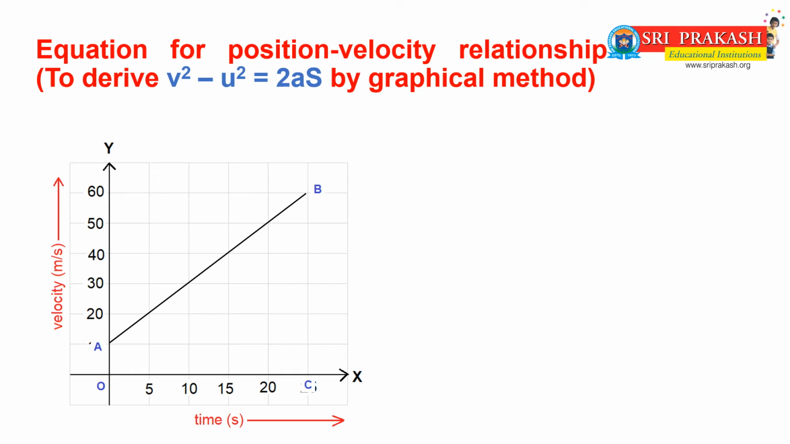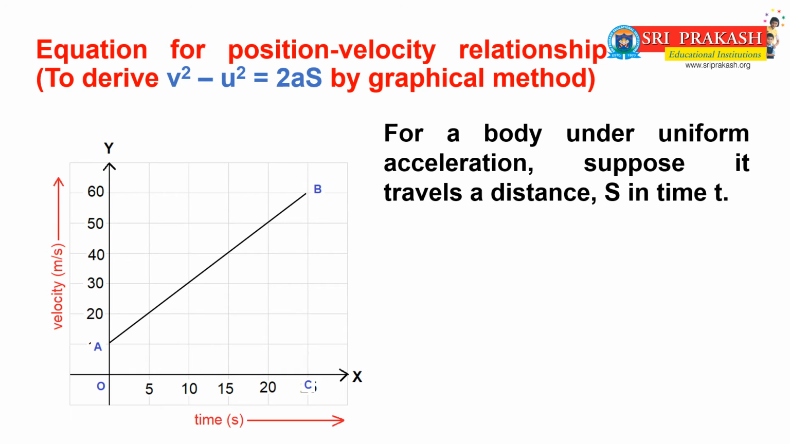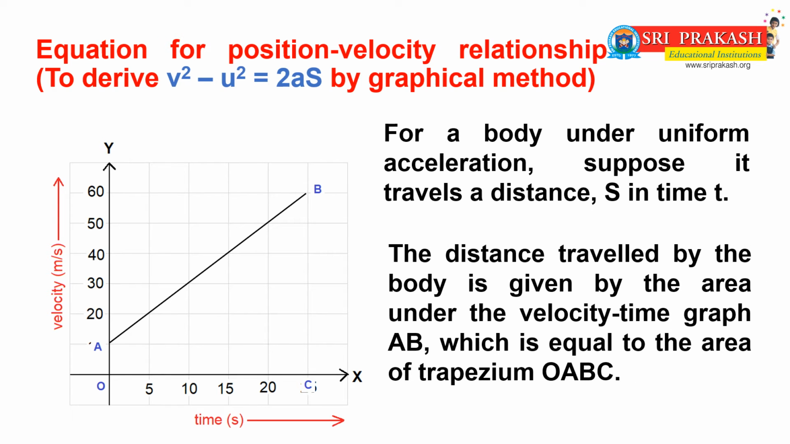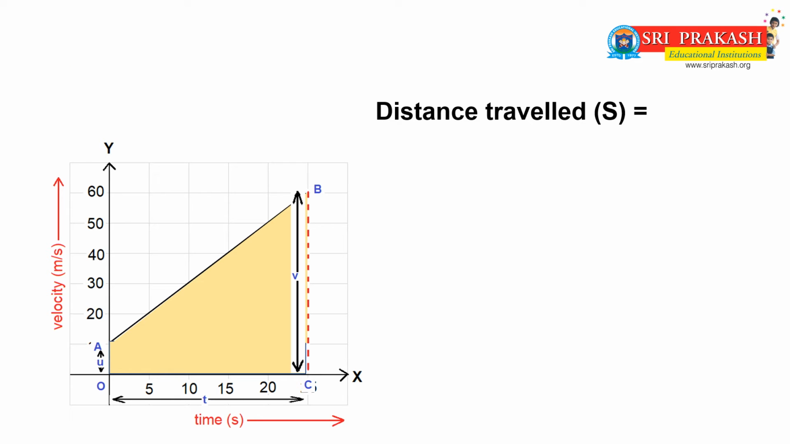Derivation of the third equation of motion: V square minus U square is equal to 2AS. For a body under uniform acceleration, suppose it travels a distance S in time T. We can get the distance by finding the area under the velocity-time graph AB, which is equal to the area of trapezium OABC. Distance traveled S is equal to the area of trapezium